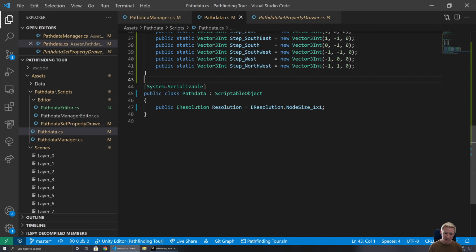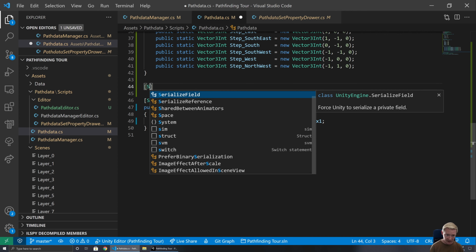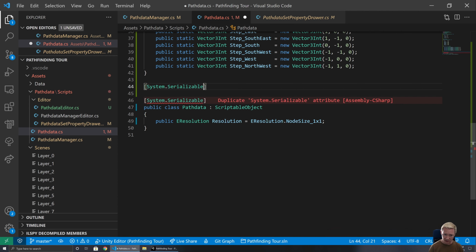That means whatever our size of our node is, that is going to increase rapidly the size of our actual asset. So we're going to get this initially set up where it's creating that asset and sizing it, and then we'll go from there to see how that looks in terms of the space and everything, and if there's changes we need to make. So first thing we're going to set up is system serializable